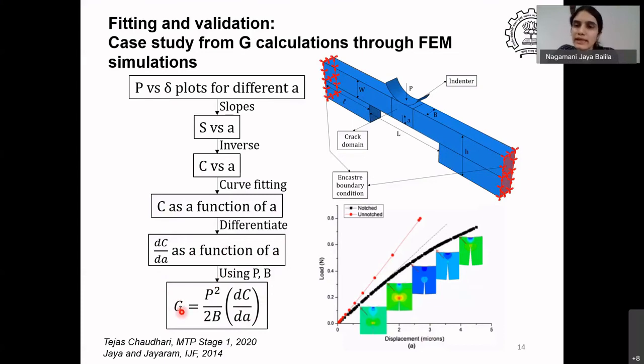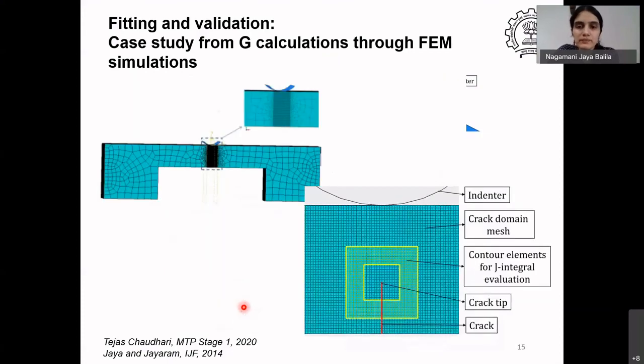There is another way to directly calculate G from the finite element simulation, which I will not get into the details of how, but I will still tell you that there is a way of verifying. See, you will get something from your simulation, but how do you know for sure that that is the actual value of G you should get? Since the finite element simulation can independently give you G and also give you the load displacement response, both can be calculated and the verification can be done. So that is the exercise we are going to show you.